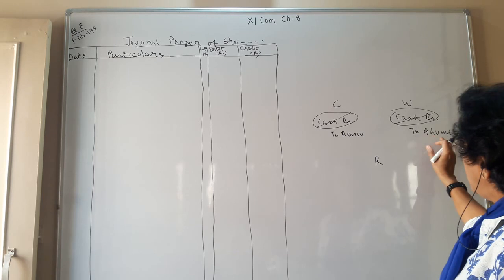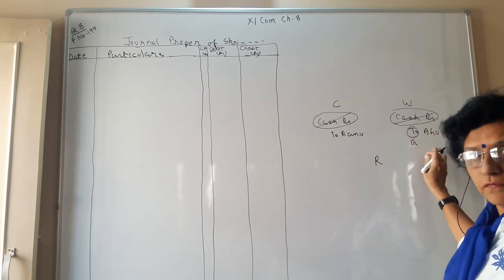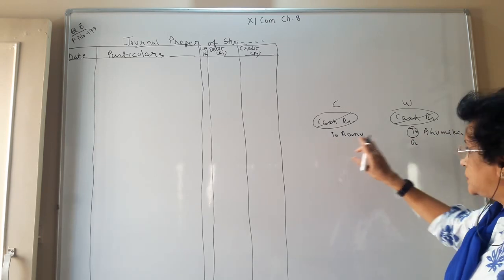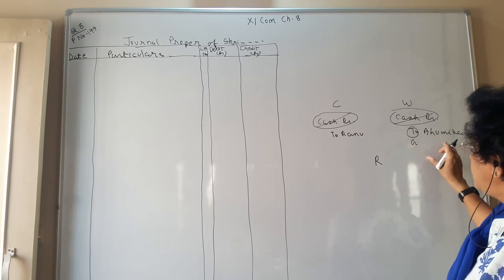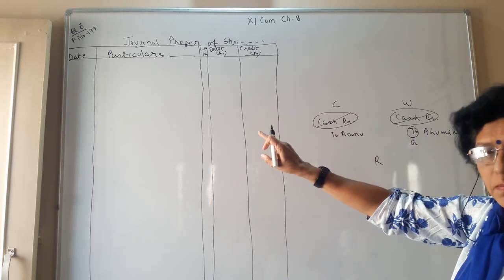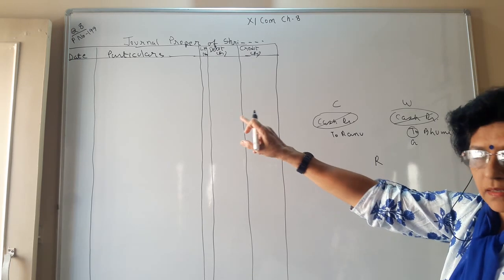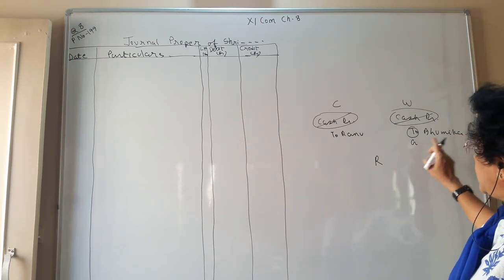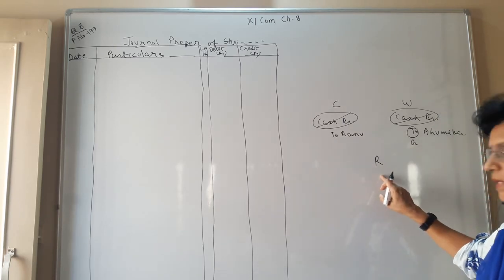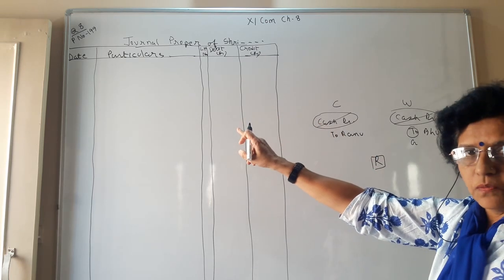Now what wrong have you done? You have credited Bhumika with a wrong figure and you needed to record it to Renuka. So the journal entry you are going to derive is, to nullify this wrong credit you have to debit Bhumika. So your rectification journal entry will be Bhumika's account debit to Renuka's account credit. This is going to be your rectification entry. I am not writing it here, I am writing directly over there.